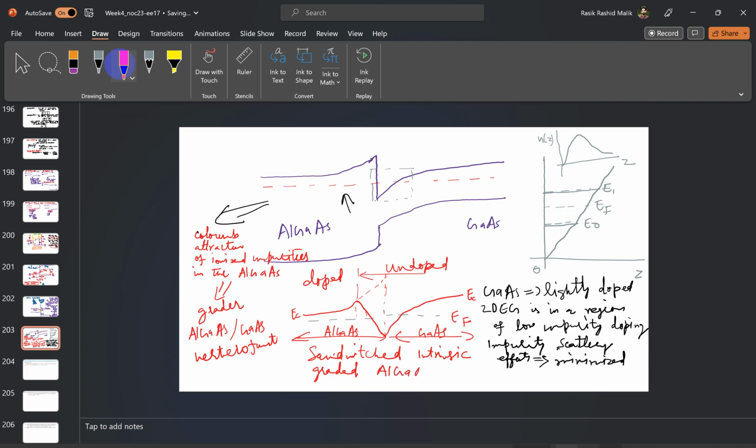aluminum gallium arsenide between N type aluminum gallium arsenide and intrinsic or very lightly doped gallium arsenide, right? So this is very interesting, and it will increase the electron mobility further. Okay,